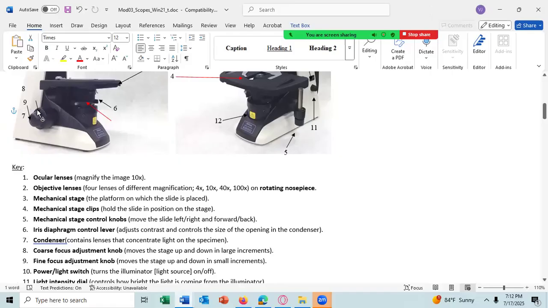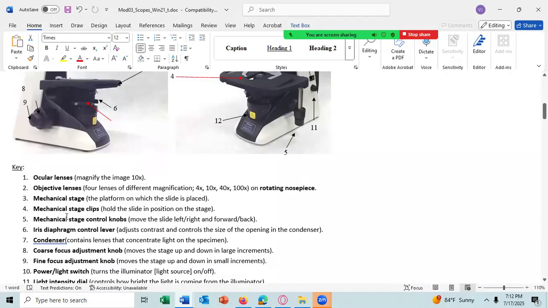Yeah, for some reason it's not moving. I can't move it. Anyway, 7 is the condenser lens. It should be here. If I take this off, now I can't see it. 7 is the red one, and it's the condenser lens.